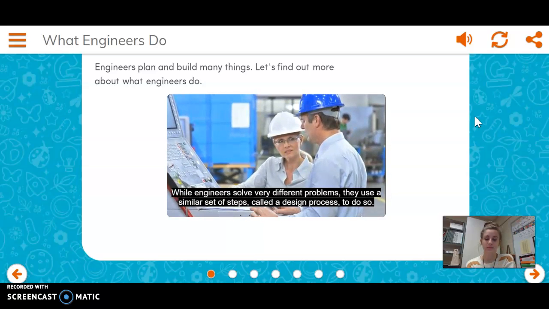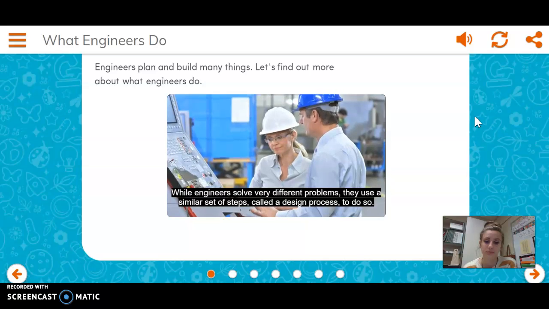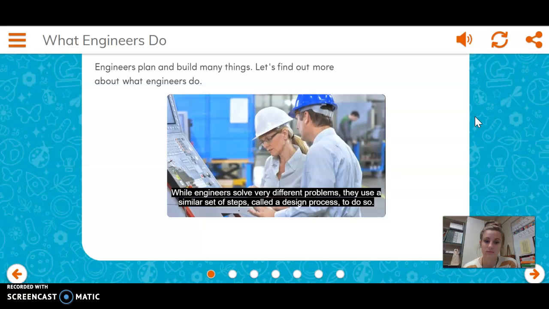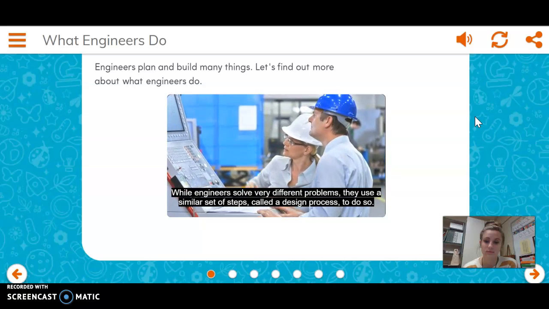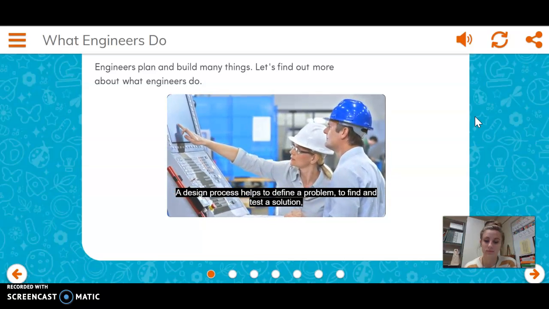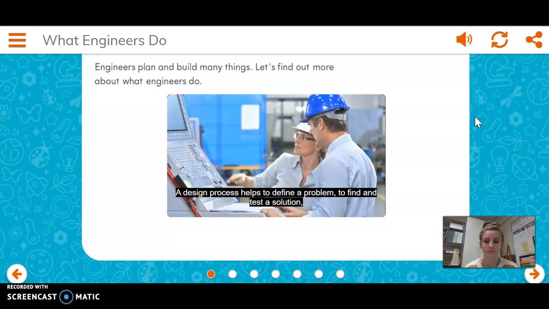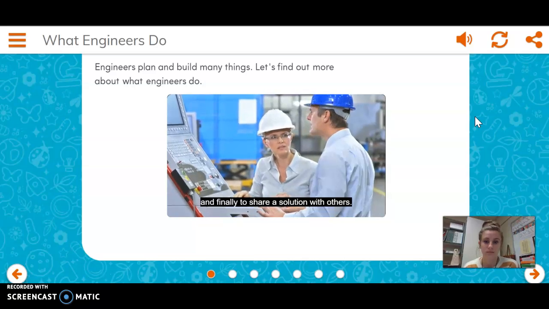While engineers solve very different problems, they use a similar set of steps, called a design process, to do so. A design process helps to define a problem, to find and test a solution, and finally, to share a solution